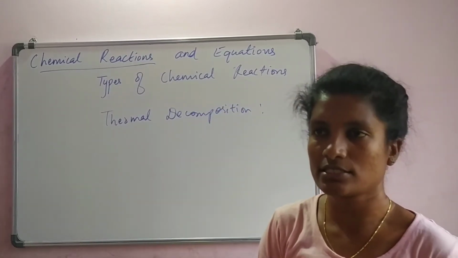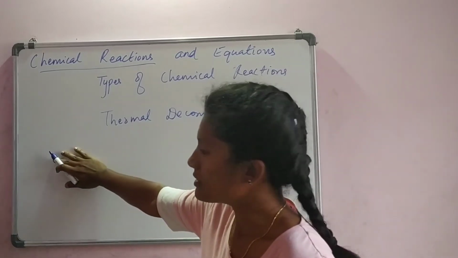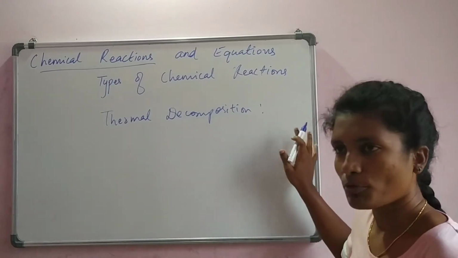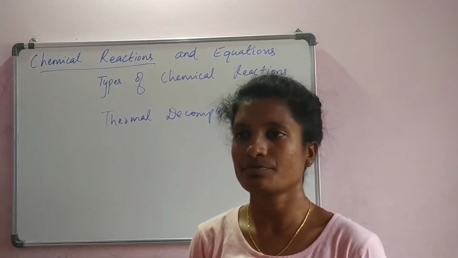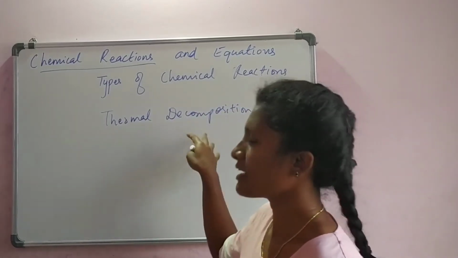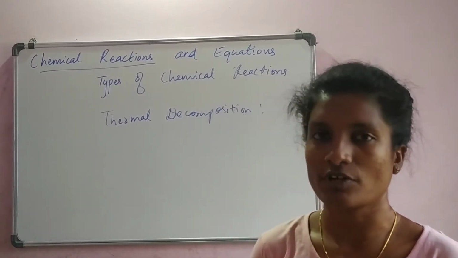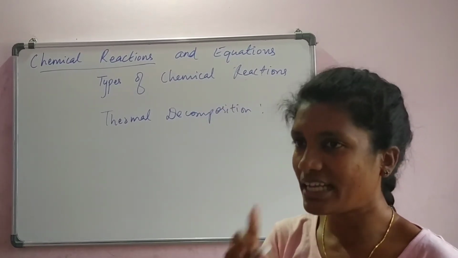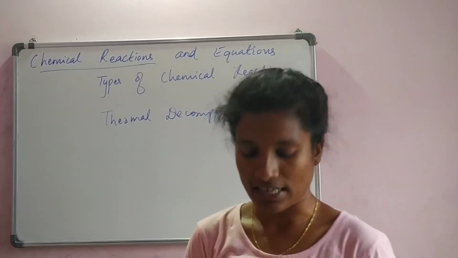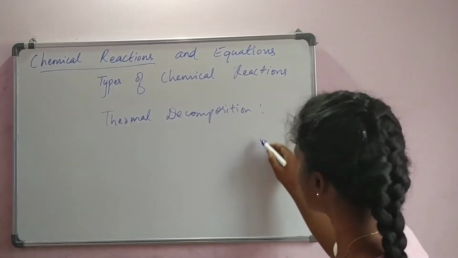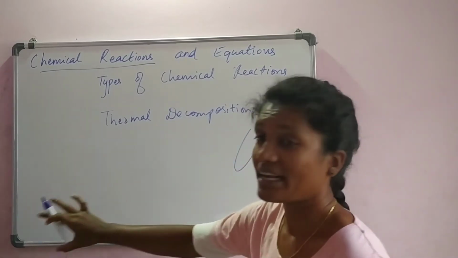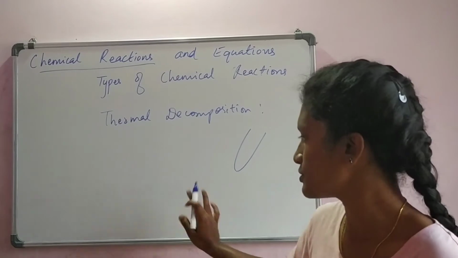So how can we define this? Use the same definition. A single compound is broken up or split up into two or more substances using heat. You have to add that word, using heat or by using heat energy, is called thermal decomposition. The same definition of decomposition reaction added with heating, we get the definition of thermal decomposition. Then let's conduct an activity. For any activity you need to draw the diagram, steps and a chemical equation, which is must and should.